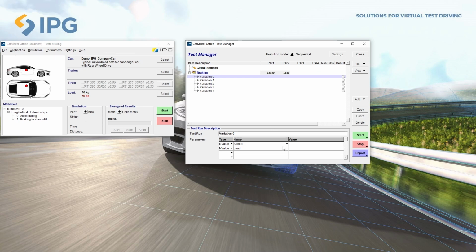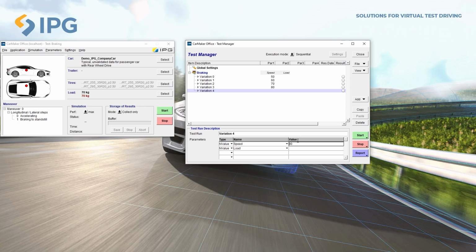I am going to set different speeds starting from 50 to 90. I think it would be easy for us to have it as 100.